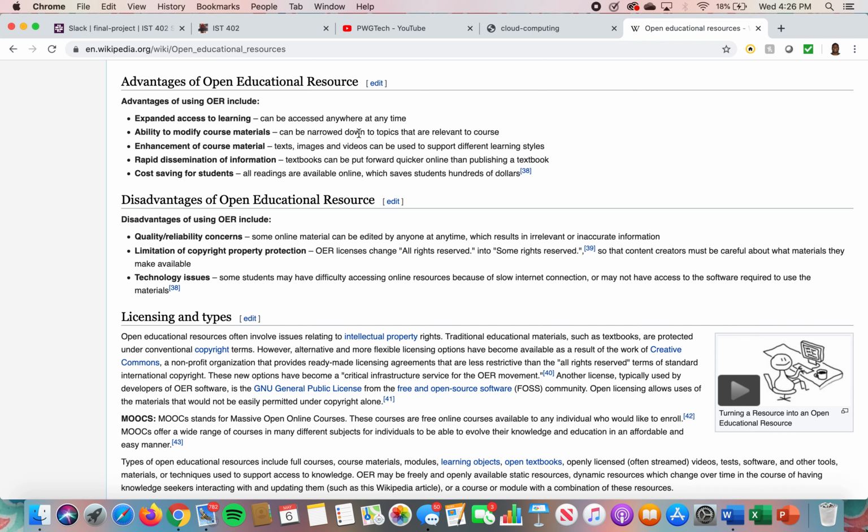So let's start off with advantages, and this is just basically according to Wikipedia. So: expanded access to learning, can be used anytime, anywhere; ability to modify course materials; enhancement of course material, where text, images, and videos can be supported rather than using your typical slideshow presentations that we know all too well. Rapid dissemination of information. This basically means that textbooks could be put forward quicker online, like more information can be put